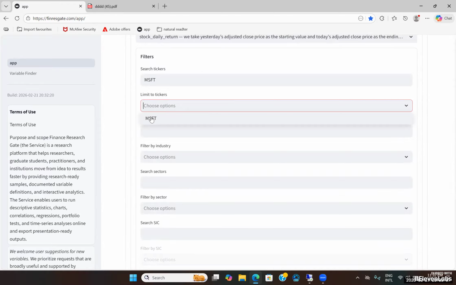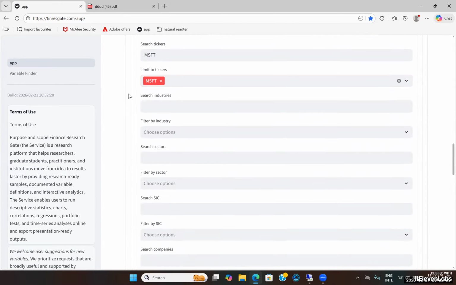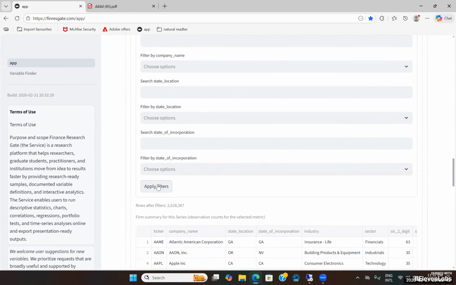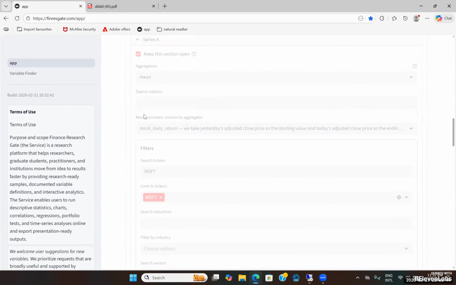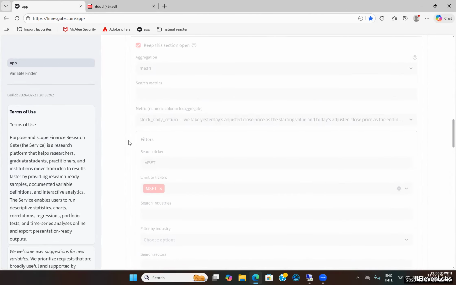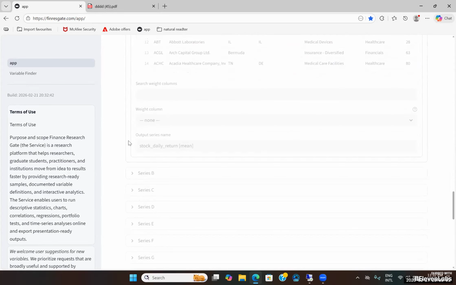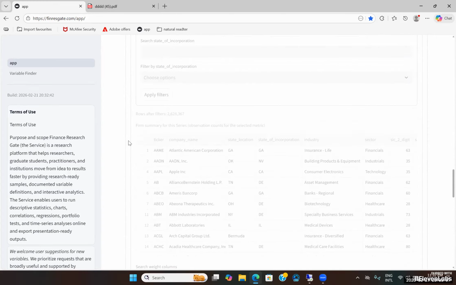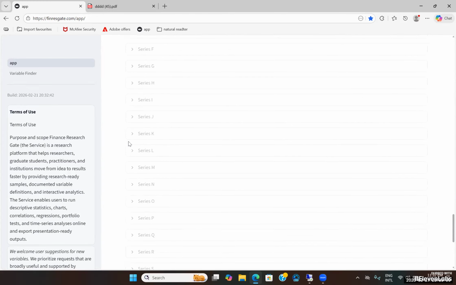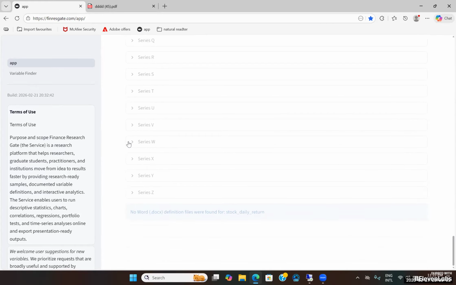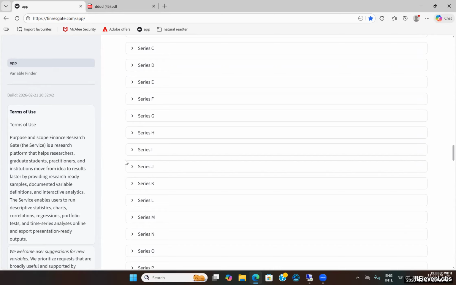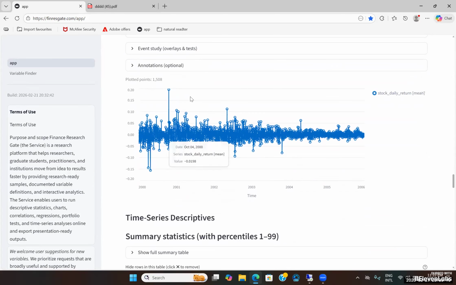And then moving to the left side of the interface, we can clearly see our specifically targeted firm, which is Microsoft. Following that, we select the Apply Filters option, which applies the previously selected metric directly to our current firm selection. In this instance, we're focusing on just one single firm. It will take a moment to process. If you take a look just below, you'll find we presented a comprehensive chart illustrating Microsoft's daily stock returns, covering